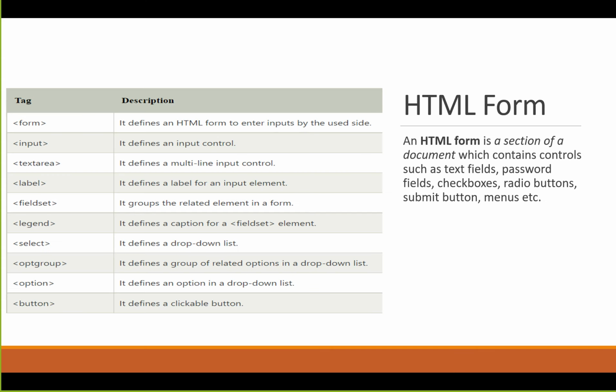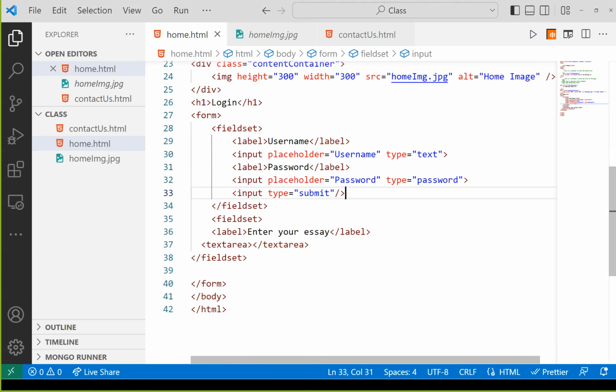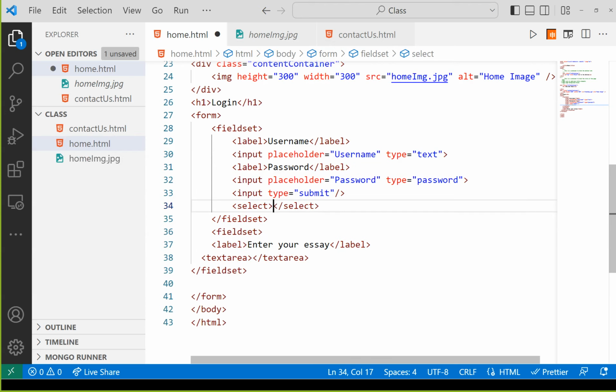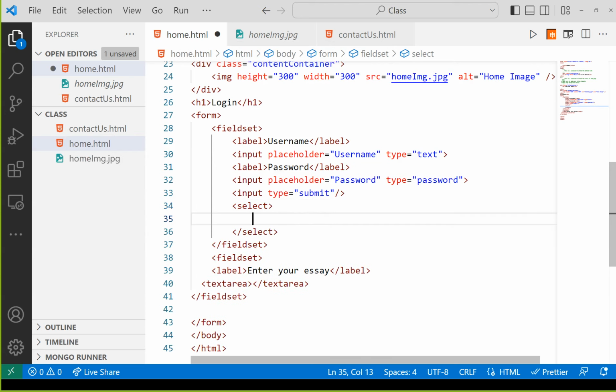Okay. So we also have the select element and the option element. The select element is just like a drop-down element. If you have one question with multiple answers, but a fixed number of them, you can use the select element. So first we're going to write select, and then, just like a table, inside of the select element it also has different options. Okay, so we're going to write option,